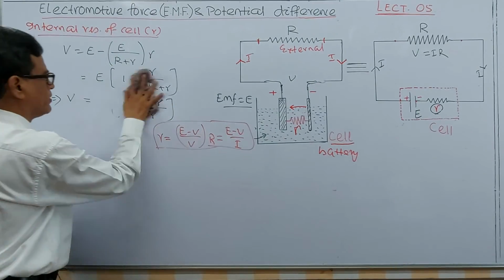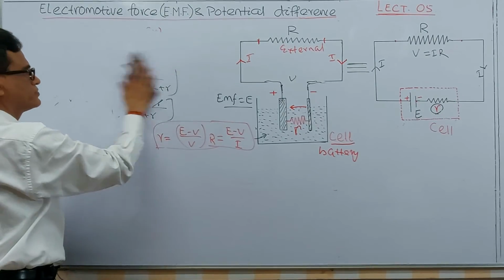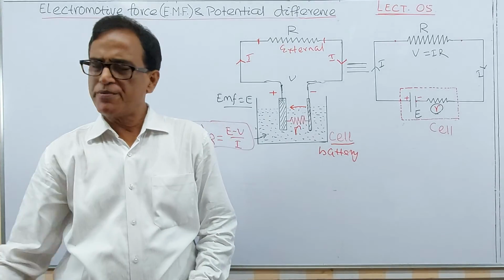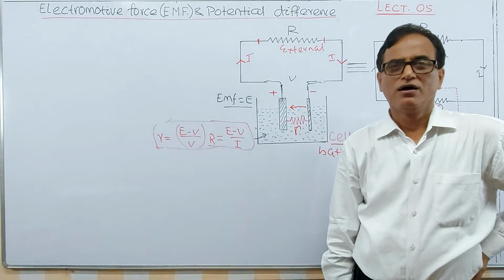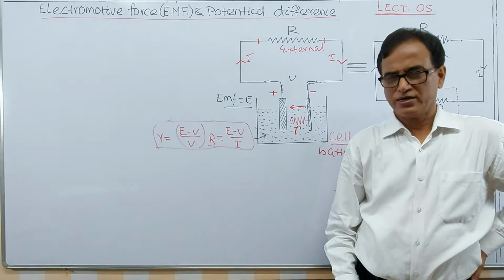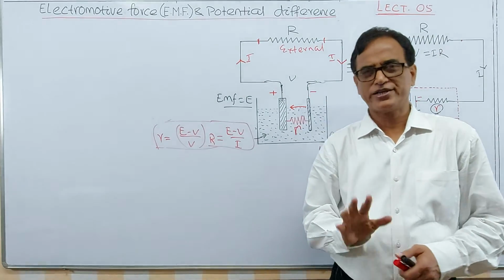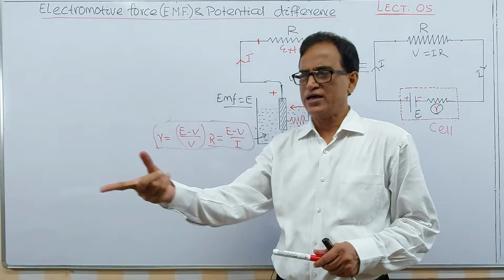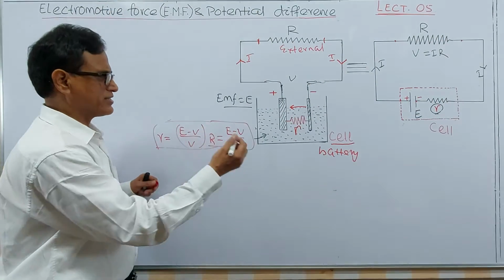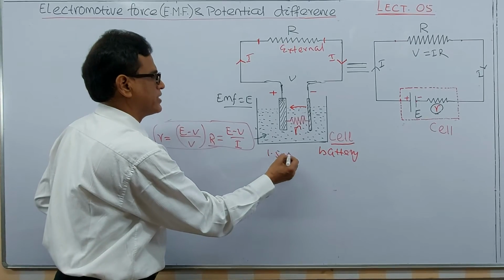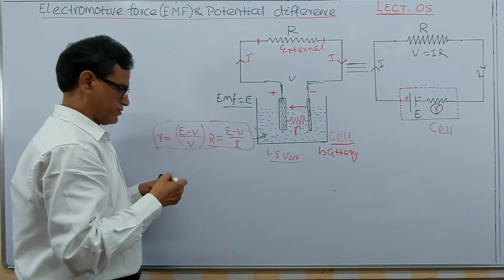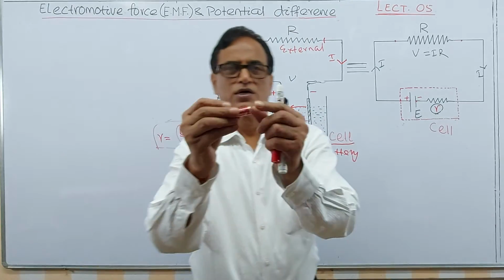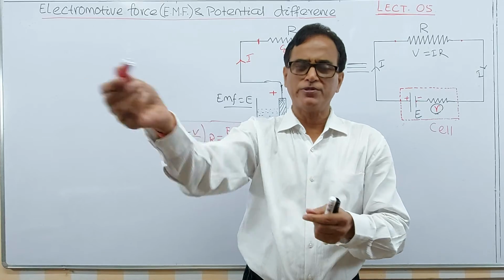Now I am writing a simple formula that has been asked in the board exam. Here you may be asked some questions also. Here is a guess of this question's answer. I have written it also in the notes. This is a cell, and an individual cell I have shown you, the dry cells or Lagrange cell used in the practicals. Potential difference is 1.5 volt. There is a cell, potential difference is 1.5 volt available in the market.